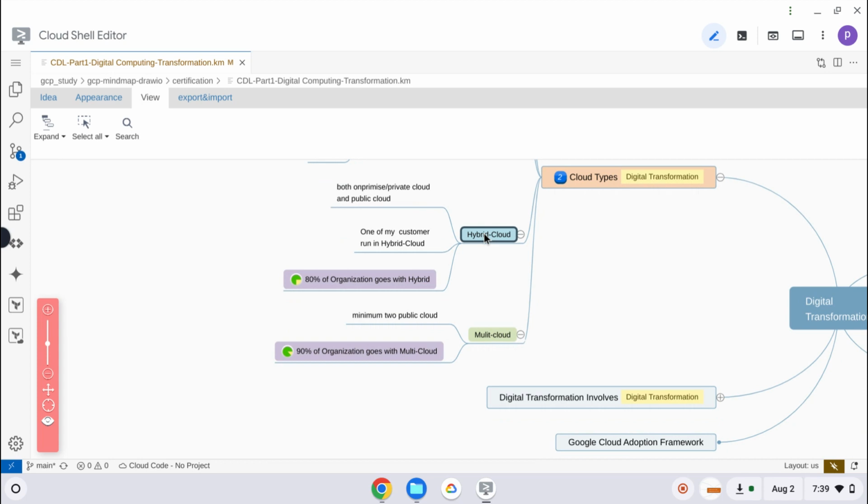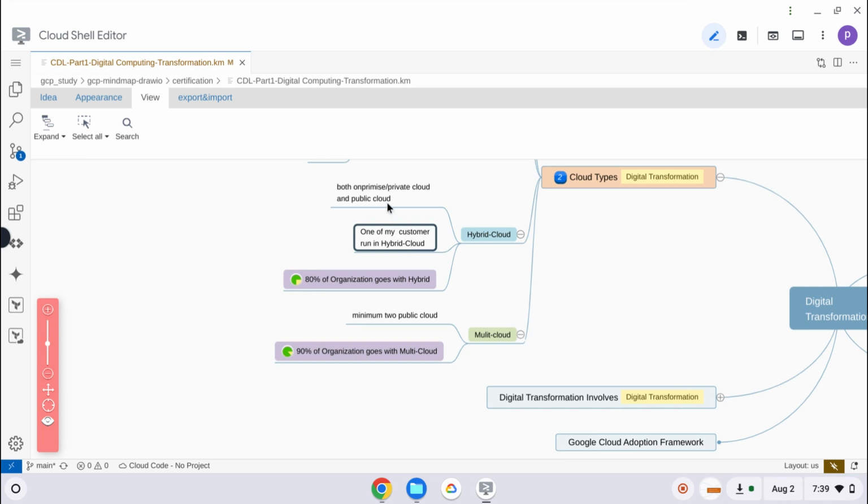You have something which cannot be moved to a public cloud, so you need to run that software or application within the on-premise, but you still need connectivity between on-premise and the public cloud. That case is called hybrid. One of my customers here is also using hybrid cloud.